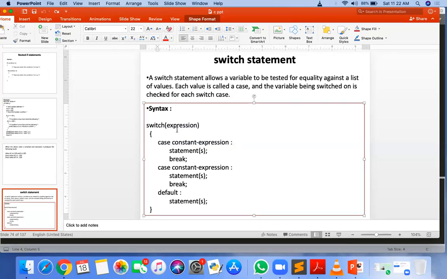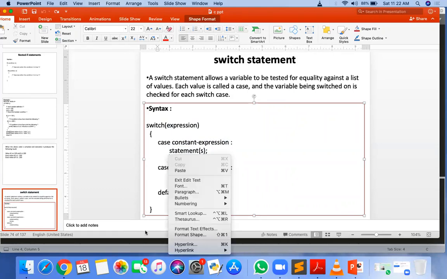Case 1 represents the choice meeting this particular case, so the equality condition is now true. It means the choice is equal to the first case. If this is true, then the statement gets executed and it will break, and when it executes break, it will go directly outside the switch.